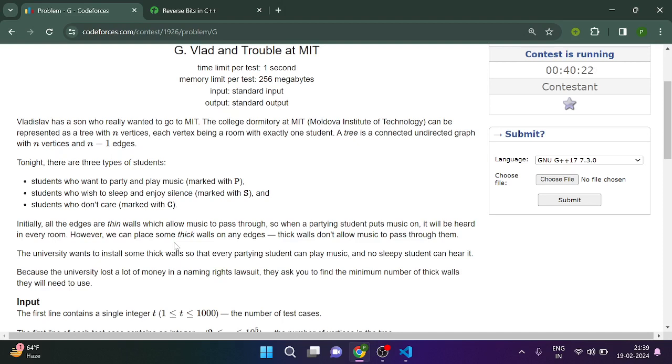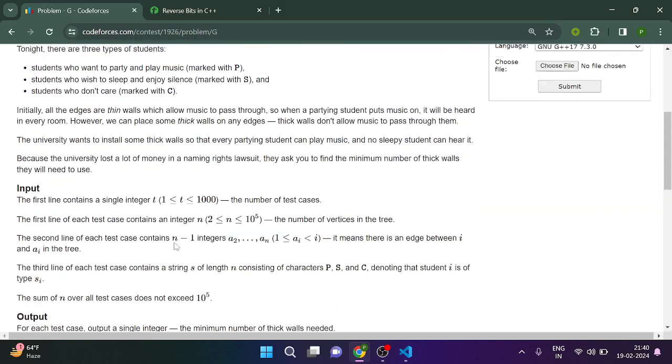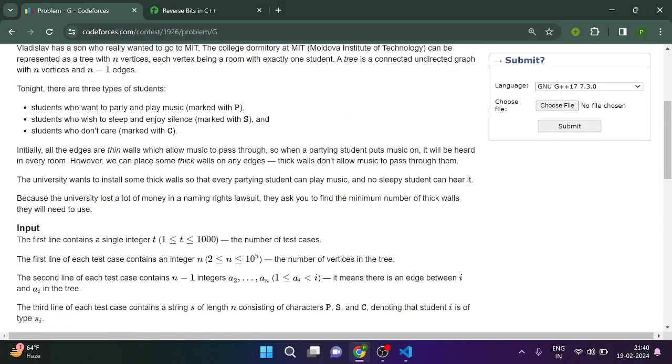Okay, इसका मतलब सीधा सा बात है, किसी भी पार्टिंग स्टूडेंट से चलो और पार्टिंग पे जाते जाओ। अच्छा, इस कनेक्टेड कंपोनेंट में सो यू कैन विजिट, ठीक है। हाँ यार, तो कितना मिनिमम थिक वॉल्स आपको एजेस पे लगाना पड़ेगा, ठीक है।